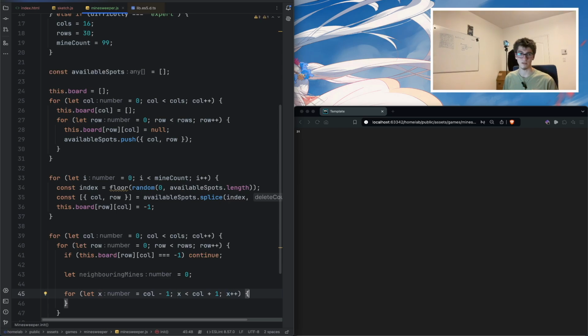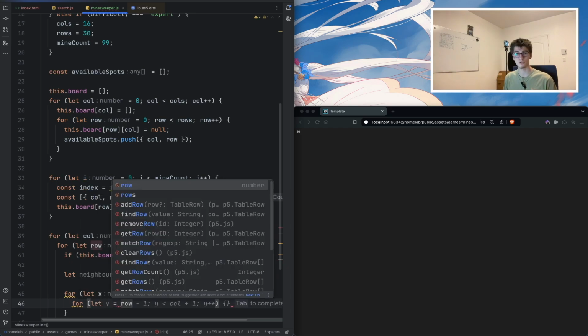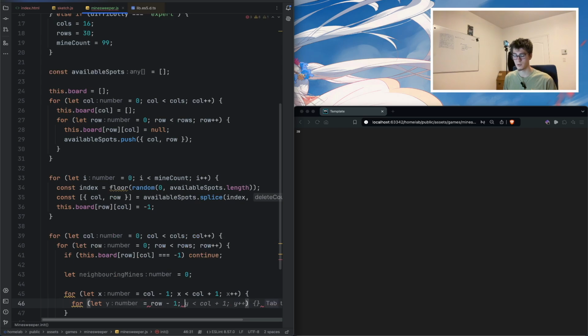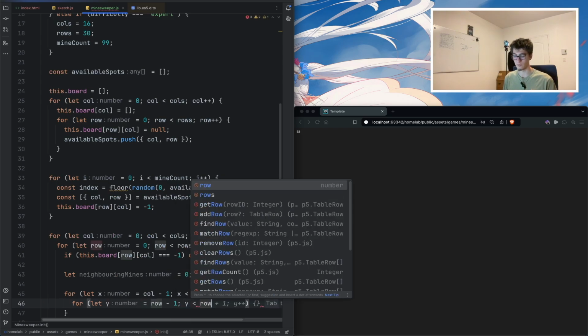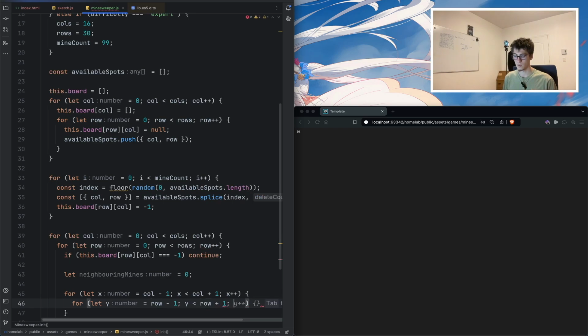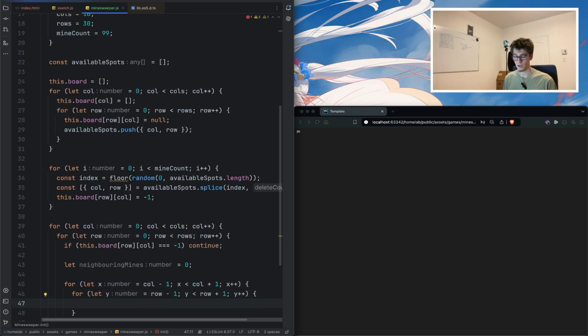X++, that's fine, and then for let y equals row -1, as long as y is less than row +1, y++. Okay, great. So now we can just say if x is greater